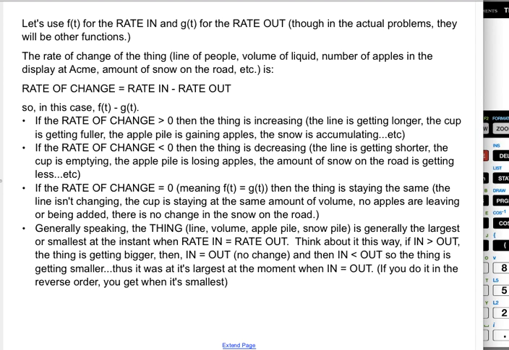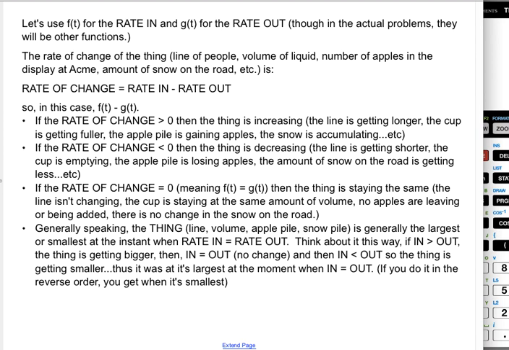So we're just, for this argument, going to use f of t for the rate in and g of t for the rate out. In the actual problems, it's often a different letter that's more relevant to the problem, right? Like if it's water coming in, it might be w of t or v of t for volume or something. Who knows? Anyway, so the rate of change of the thing, whether it's line of people, volume of liquid, number of apples in a display at Acme, amount of snow on the road, etc.,